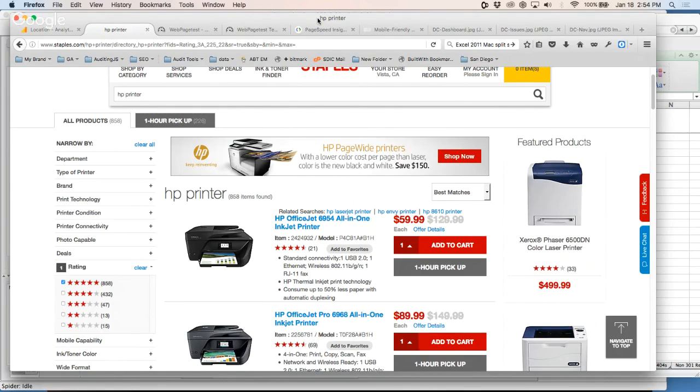So Staples didn't change the page title and didn't add text here to talk about the highest rated printers, but you could potentially do that, where you could say, you know what, for this filter, I do want it indexable, so I'm not going to get rid of it with a no index, but I need to make sure that I add enough unique signals to justify that as well.